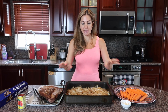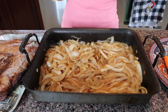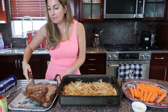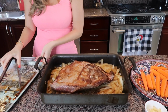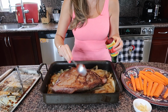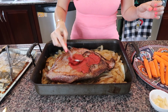Alright guys, let's continue. So I fried onion for about 15 minutes and it looks like that. It's golden brown but not burnt. Now I take my brisket and I put it fat side up right on the top of my onion, like that. And I take 2 tablespoons of tomato paste and I spread it on the top of my brisket